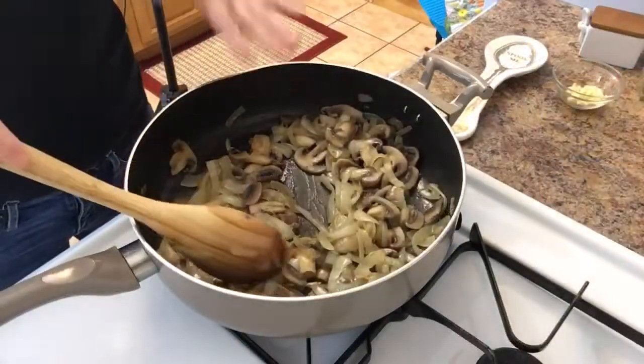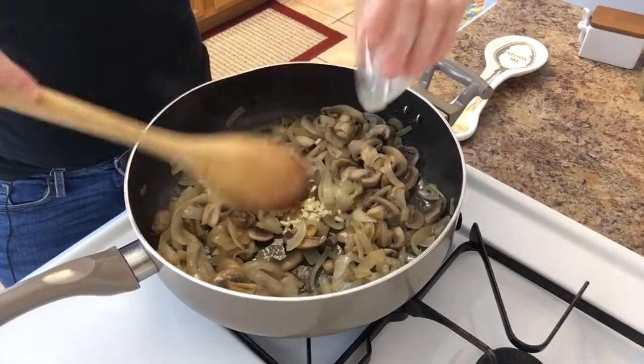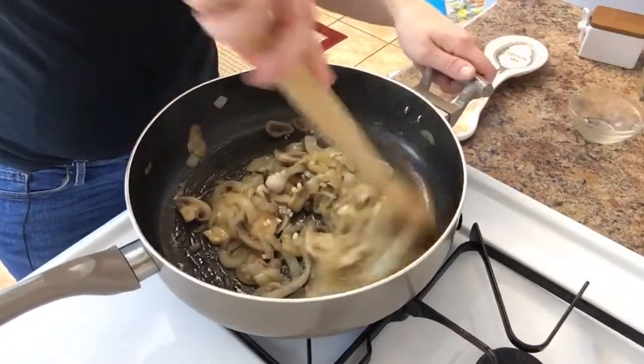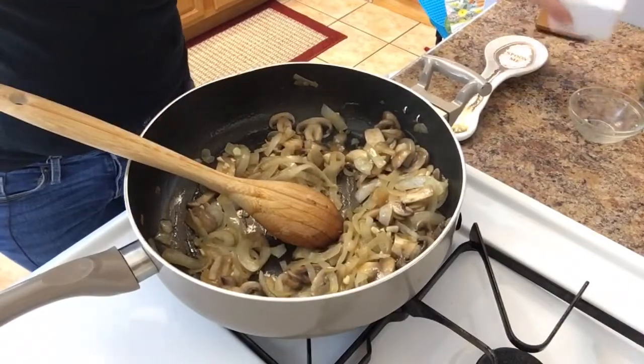All right, my mushrooms have cooked down beautifully. It smells like heaven in here, so I'm going to go ahead and add in my garlic. Give this a nice stir. I just want this to get nice and fragrant, but not burn. And then I'm going to season with salt,